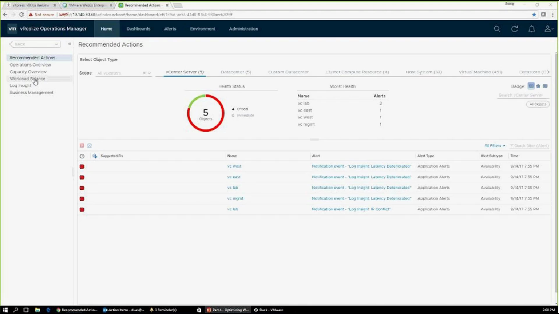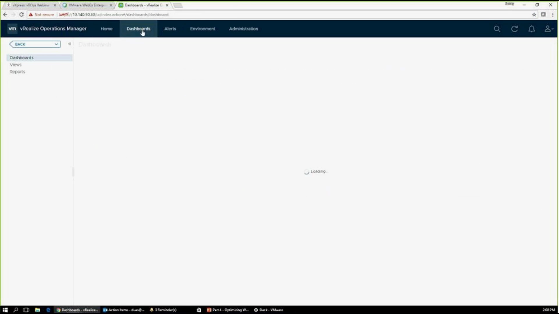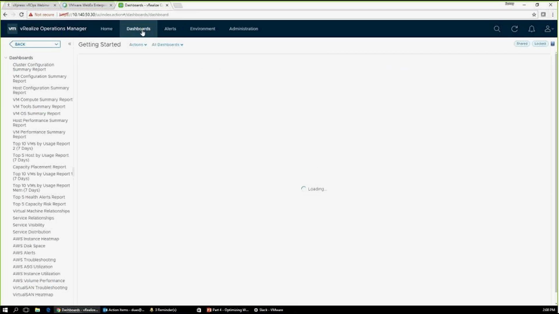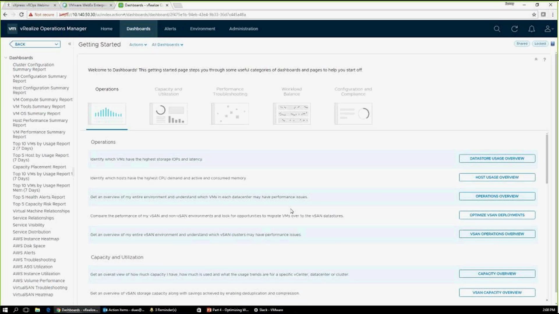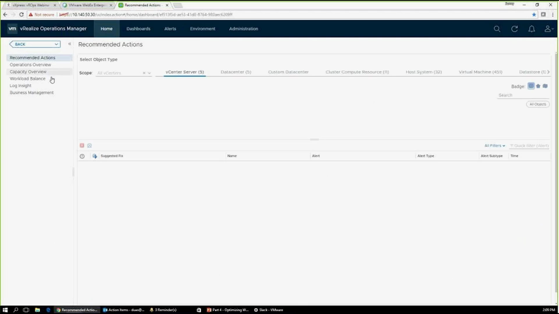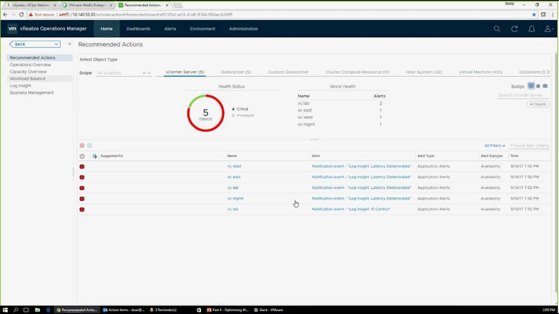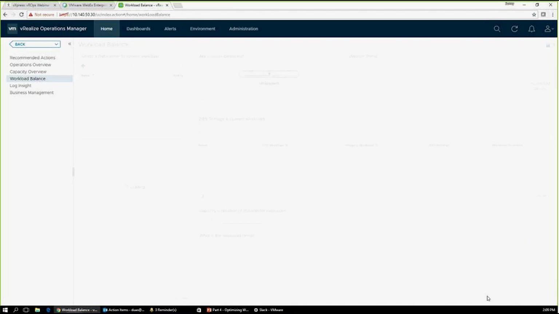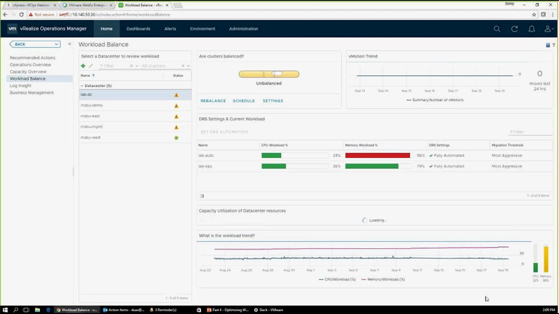And this is where you can get workload balance from. The other place where you can get it from is through dashboards. Essentially, we have built a getting started page for you, which helps you go to workload balance and achieve the same result. I would like to go from home itself and just click on workload balance. And once I do that, what is happening over here is I'm demonstrating what's going on